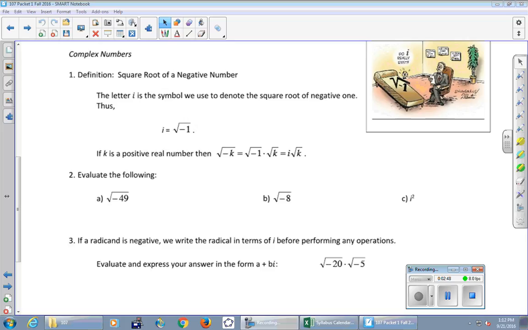So instead of calling the square root of -1 not a real number or saying it doesn't exist, which maybe we did until this moment right here, we're just going to say, hey, why not just play with the square root of -1 instead of stopping the problem anytime we get to that kind of a thing. And we're just going to call that number i.